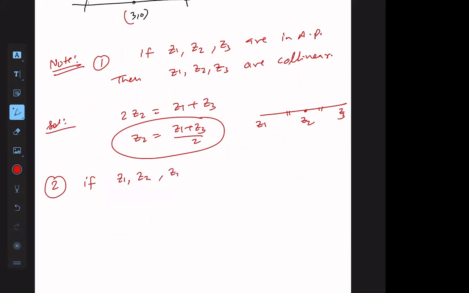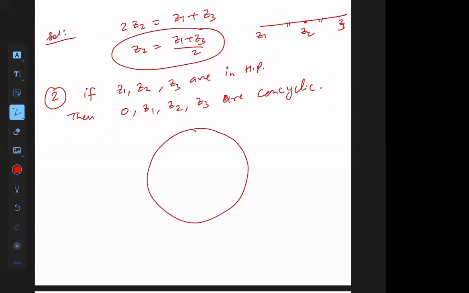If Z1, Z2, Z3 are in HP, right, first one, then origin, Z1, Z2, Z3 are concyclic. इसको भी समझ लीजिए फिर लिख लीजिए एक साथ. देखिए बेटा, if this is origin, this is Z1, this is Z2 and this is Z3. If we have to find,